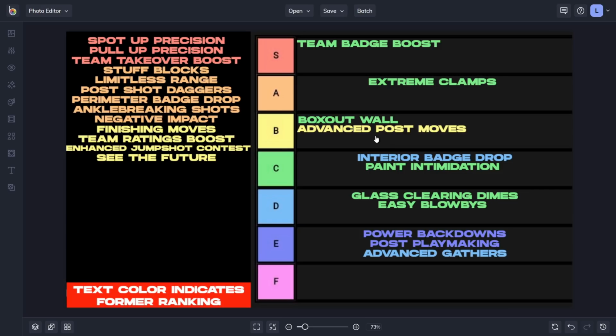People went crazy over the drop stepper being in the B tier on my finishing tier list. I just feel like that was a pretty good spot for it. I don't think B tier takeovers or badges are really a bad rating, honestly. But either way, drop steps, post spins, you got the clear outs of just pump faking, and it just pushes